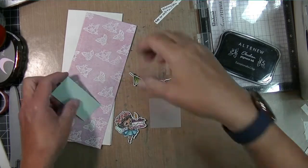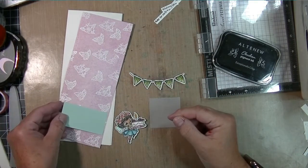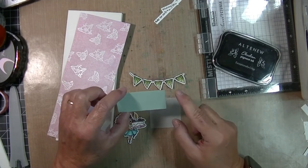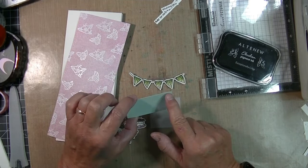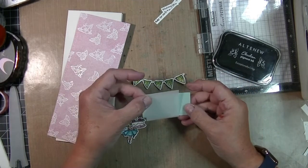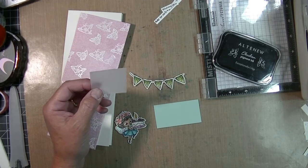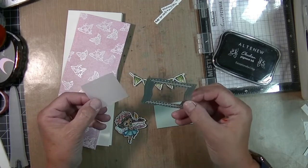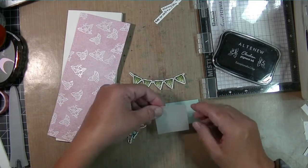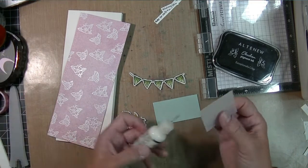Alright, so to complete my card, I have just cut a little blue rectangle. It is about 1.5 by 2 3/4 inches. It's just a scrap piece of paper. And then I used the little square die, this one, from the slimline die to cut out a piece of vellum. And I'm going to attach that on the top, and I'm just going to use a little drop of glue